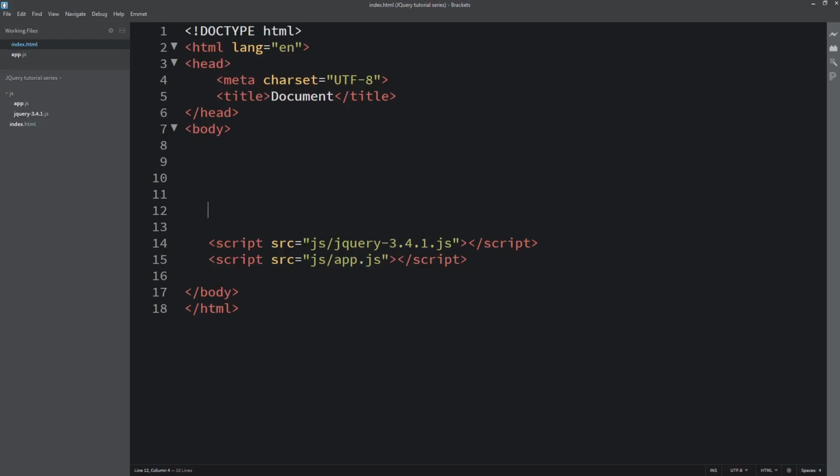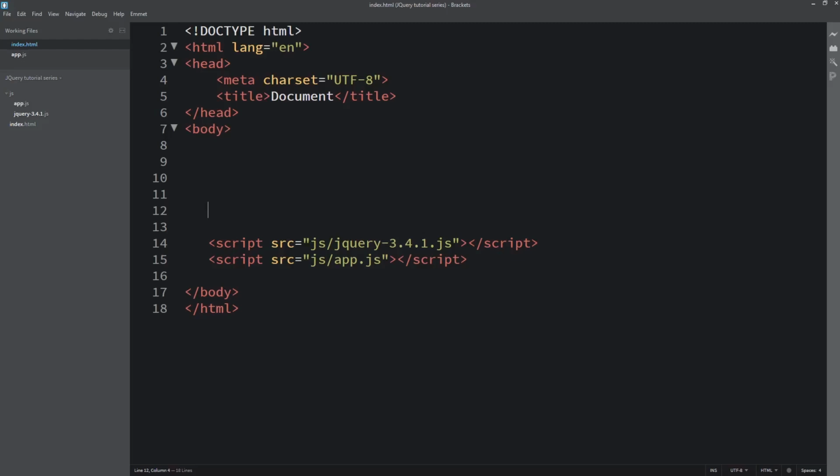Another thing you need to understand is that jQuery makes working with the DOM very easy. When I say DOM, it means document object model. They make working with the DOM very, very easy. I'll explain: the DOM is just how browsers display our web page.